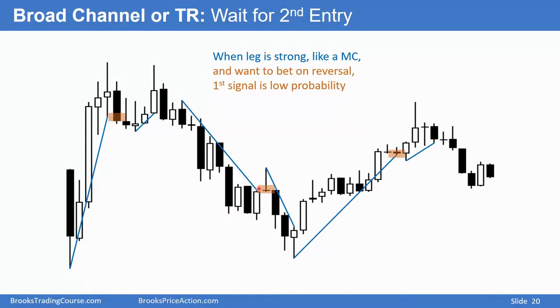It would not have this 8, 9, 10-bar bear microchannel if the bulls were all that strong, so traders will sell. Here, it looks like a pullback, but there's no pullback. This low did not fall below that low. This low did not fall below that low. The bull microchannel extends from here to here, where the first pullback was. Traders expect the first reversal down to fail. They'll buy with a limit order at the low of that bar. They'll be filled here, and they get a little bit more up.